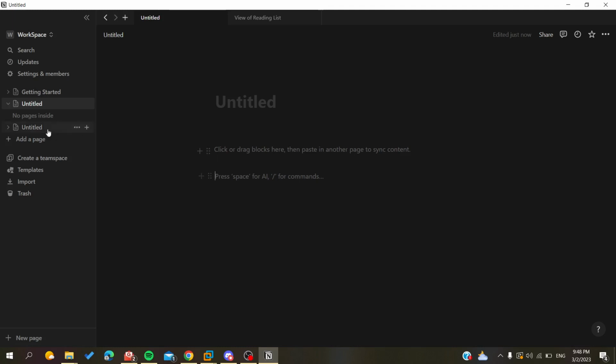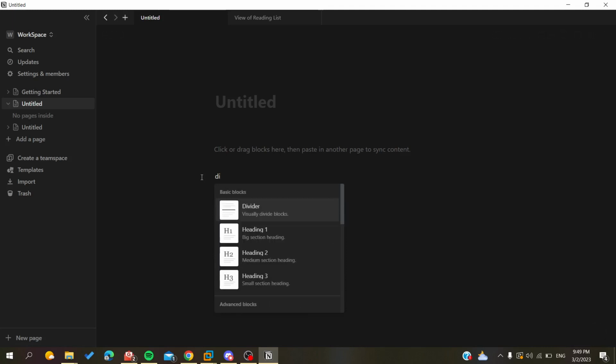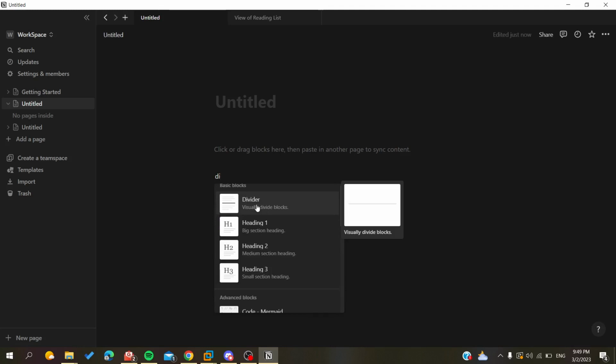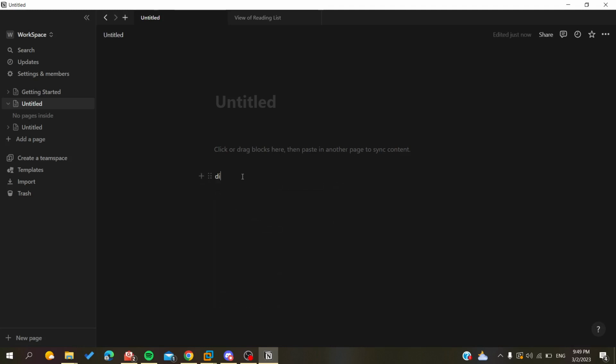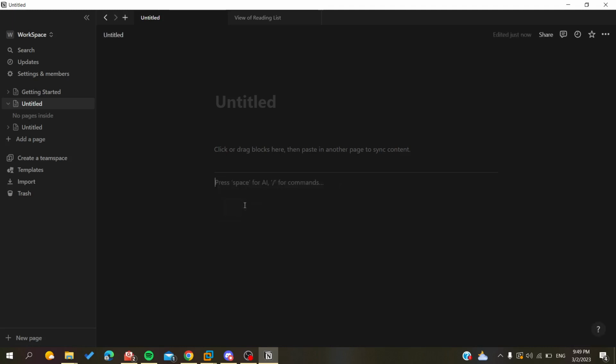Here in this example, I have this empty page, and to divide it vertically, I will need to have a divider. To add this divider, you will need just to go to this plus sign and add, and you will have this pop-up menu and search for divider and click on it, or you can just type slash and search for divider and have it like this, and now you can divide your page, and let's just have, for example,